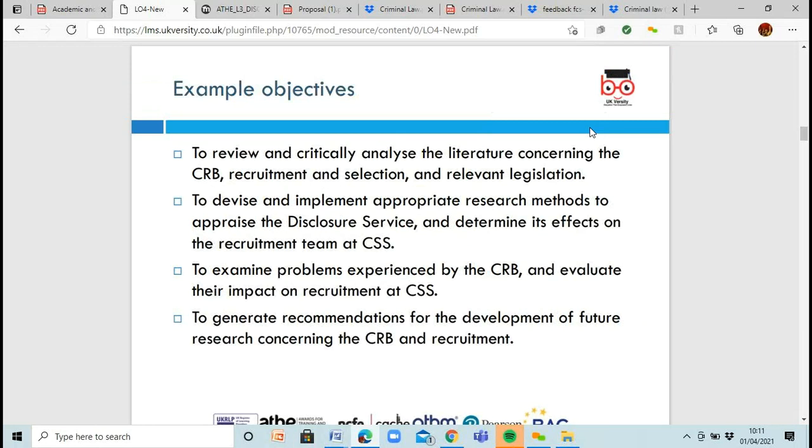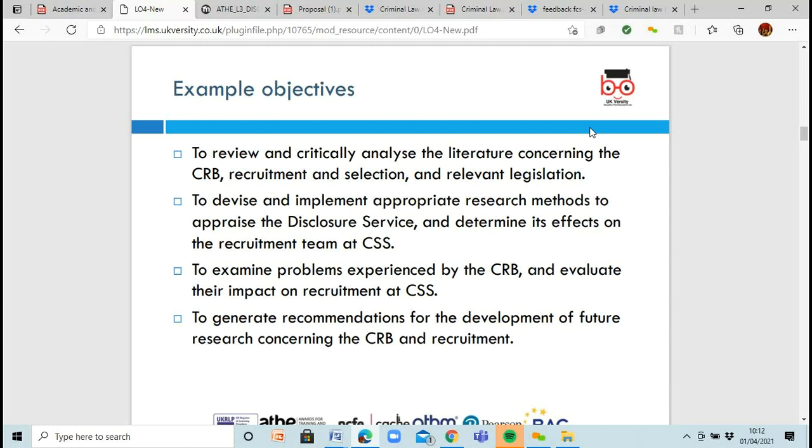So the example objectives of this would be to review and critically analyze the literature concerning CRB, recruitment and selection, and the relevant legislations. So what legislations will go into this? Will there be things like a Human Rights Equality Act? Is there anything that's exempt from here because of you having to work with vulnerable people and to protect their safety as well? The second objective is to devise and implement appropriate research methods to appraise the disclosure service and